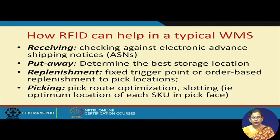First of all, if you remember, while discussing the warehouse management system, we were talking about various functions that a warehouse management system has to have. So, here specifically we are going to see for a few functions how RFID is going to help. First, consider the case of receiving the items. When you receive the items, you have to check them against the electronic advance shipping notices which come from your upstream supplier. In an RFID enabled environment, when the items come, they come